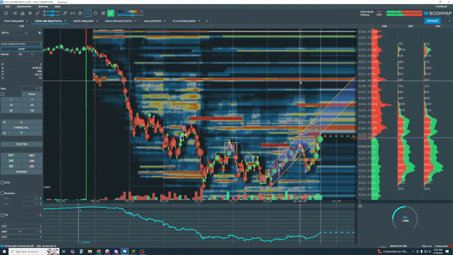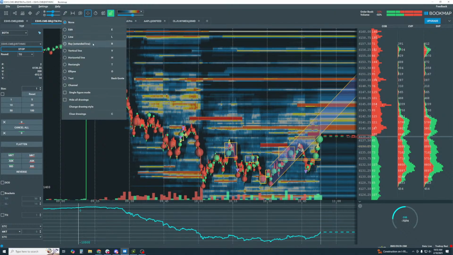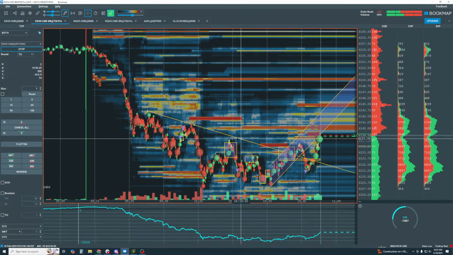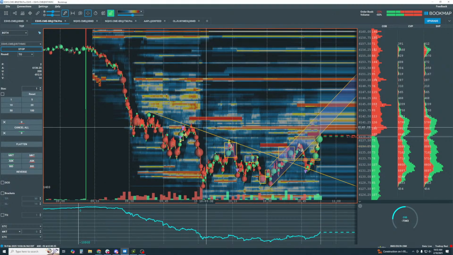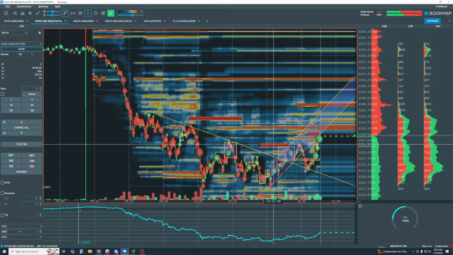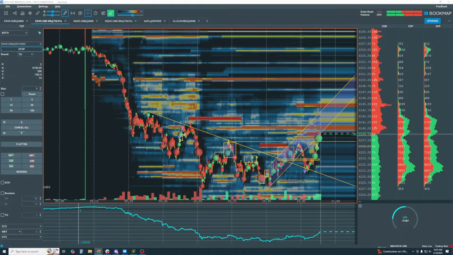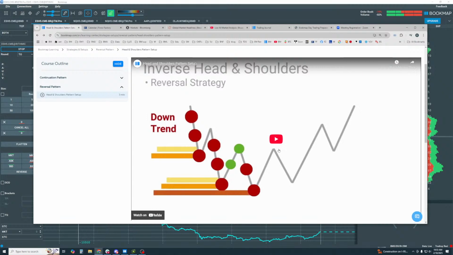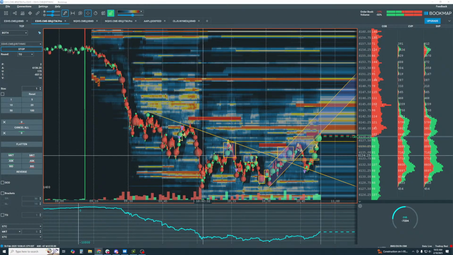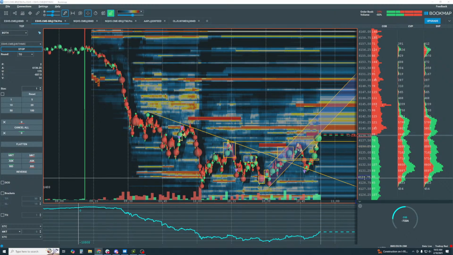These can lead, like I said, to very, very powerful moves. There's a lot of back and forth, and you can see this kind of structure here, just above our line in here. So that's kind of what we outlined earlier from that Learning Center video. Back here. Yeah, this one here, right? That head and shoulders. So this is kind of it right here. This one I'm going to stick with, and then maybe we can get a better move out of it here.